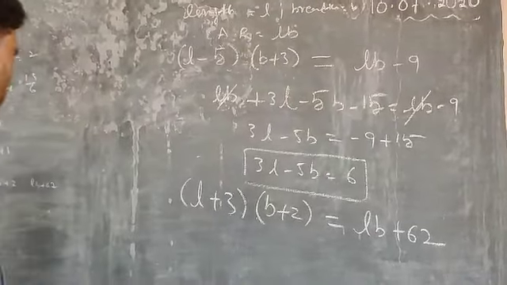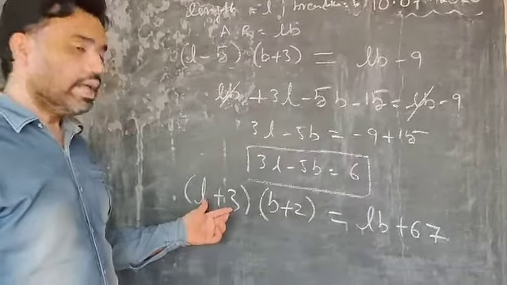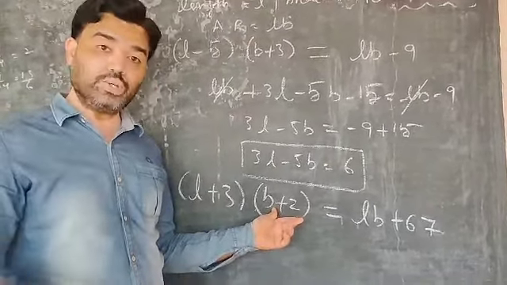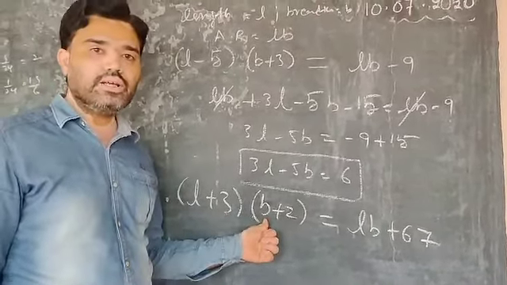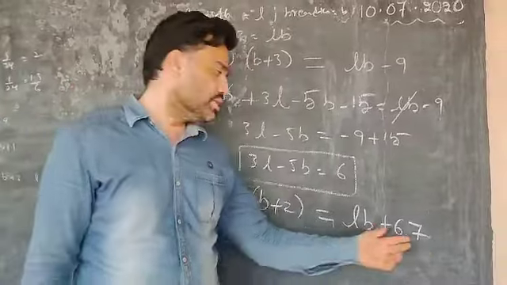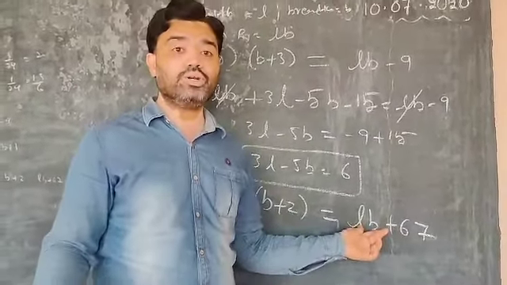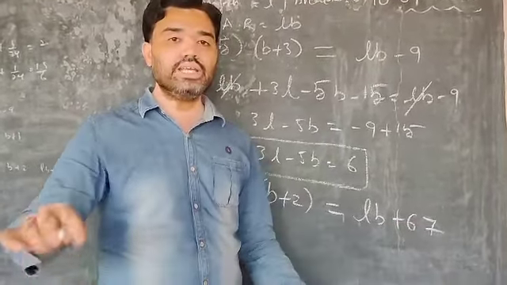So it is increased by 60. Okay. So the length of the rectangle is increased by 3 units. Breadth of the rectangle is increased by 2 units. So this new length, new breadth, if you take their product, we will get an answer. That is, okay, 67 units is increased. He is saying that compared to the original area of the rectangle, 67 square units is increased.